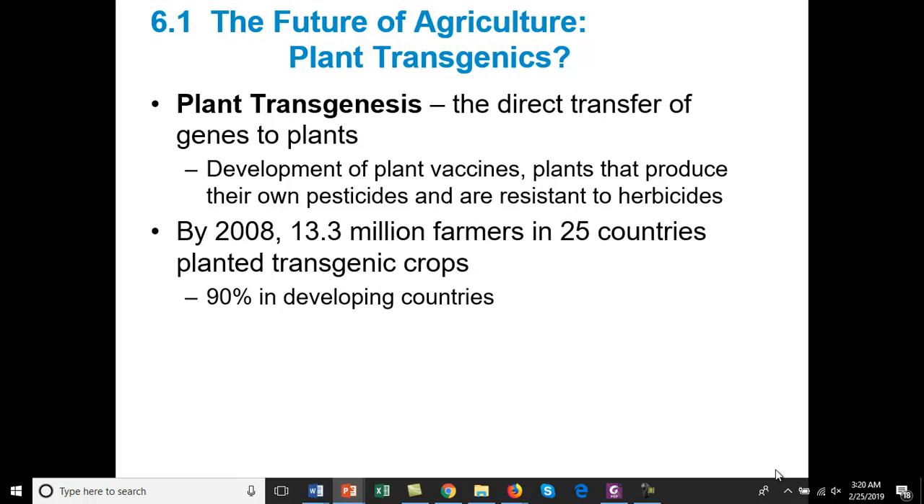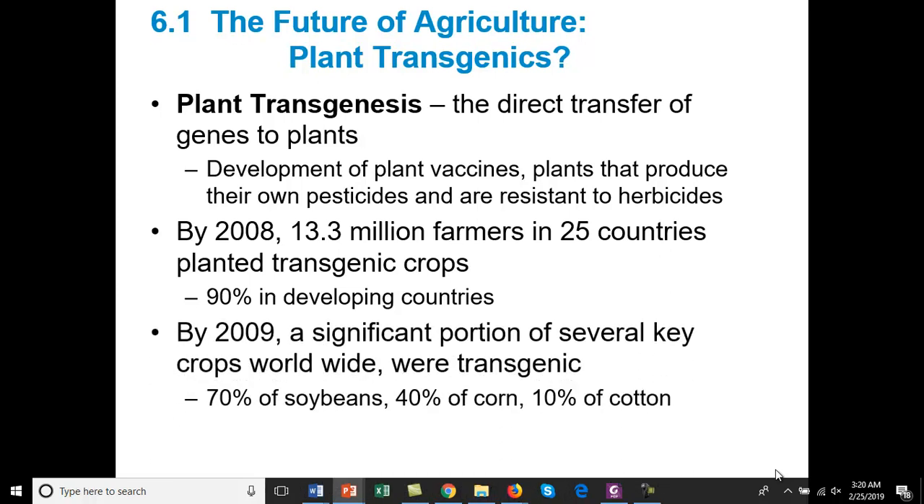Okay, and by 2008, 13.3 million farmers in 25 countries were planting transgenic crops. They do it here locally. And if you look at worldwide how this has impacted our different crop plants, 70% of the soybeans worldwide are transgenic, 40% of all the corn, and 10% of all the cotton. In the United States, it's more like 90% of all the soybeans and 70% of all the corn are genetically